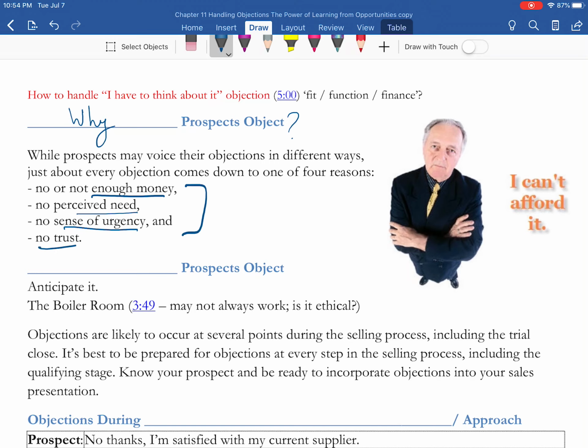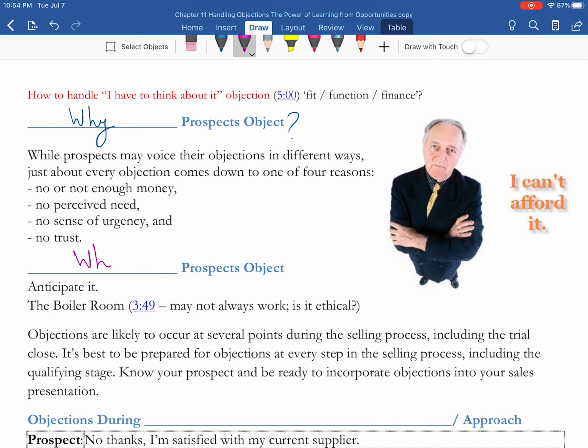Okay, sometimes there may not be trust with your company. Maybe they bought the product from your company from the earlier salesperson. Maybe the salesperson did not provide good service, so they kind of moved away from your company. So in those cases, you should be asking yourself, hey, what can I do so that I can make these people my customers? And also there will surely be objections, and that is a good sign.